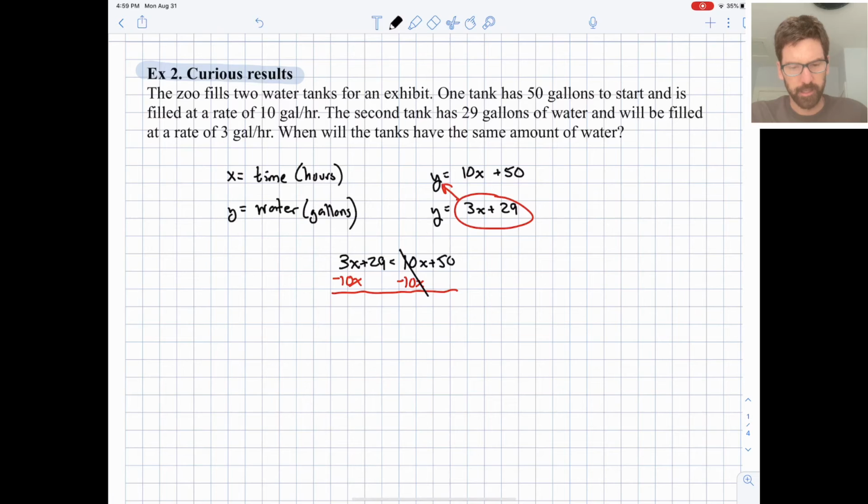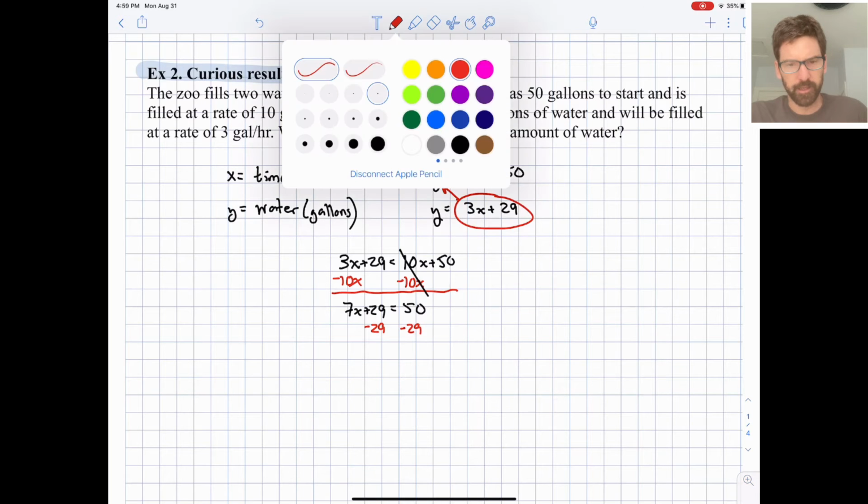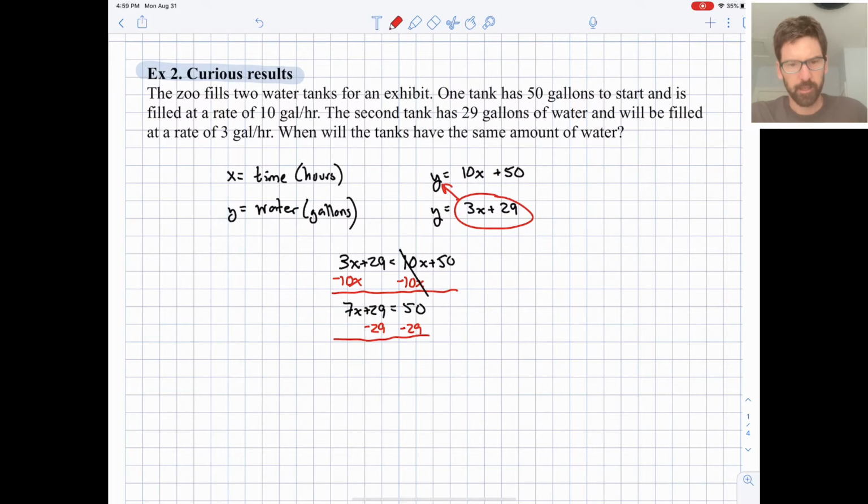And these 10x's cancel. We have a 7x plus 29 equals 50. Let's subtract 29 from both sides, accumulate all the numbers on the right side, all the x's on the left. And we get a 7x equals